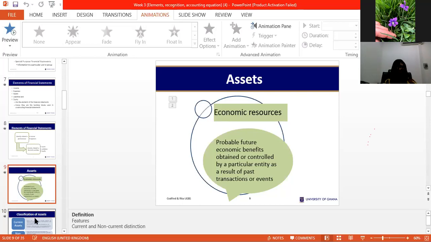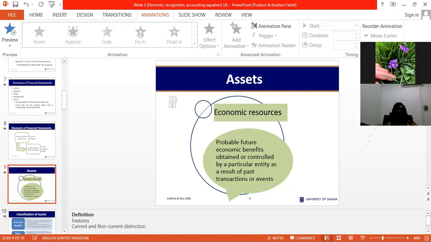So that is it. Some texts will tell you an asset is anything you own, but in current times, it has been expanded to include things you control, largely. Things or resources that you control. So the question is, can we say that human resource is an asset? Employees. Are employees assets of a business? Who can help us with that? Yes, Philip.